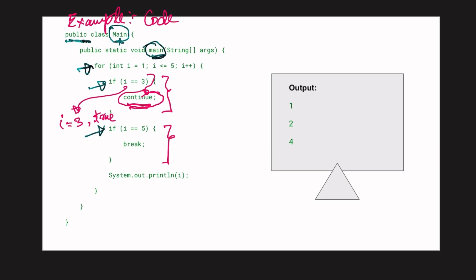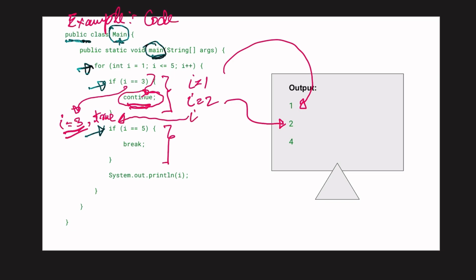What will happen is it skips the rest of the code for i equal to 3. So first, for i equal to 1, we get the output 1. For i equal to 2, we got 2. And at i equal to 3, like I have discussed,